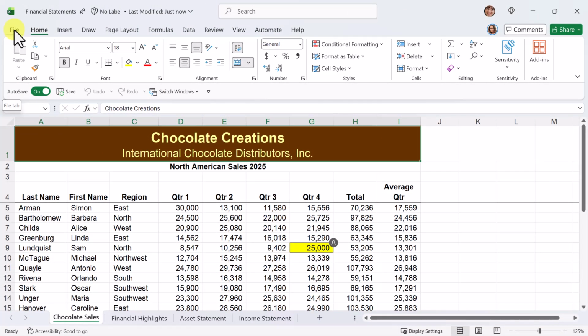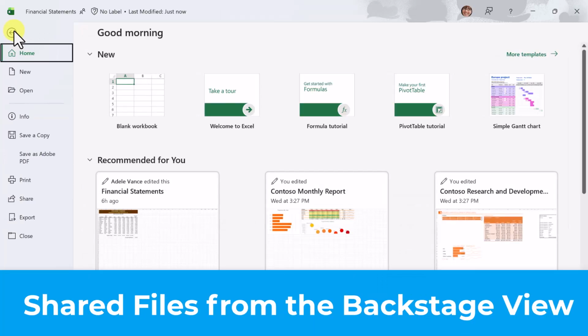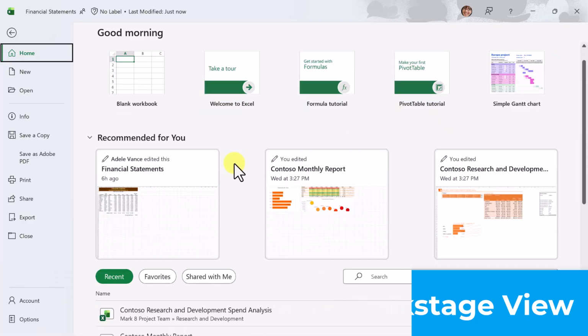Before I switch to Word, let's take a moment and look at our files from the Excel desktop app. So I'll pick File to go to our Backstage view. And from this, we can see files that are recommended for me, typically things that I've recently edited,